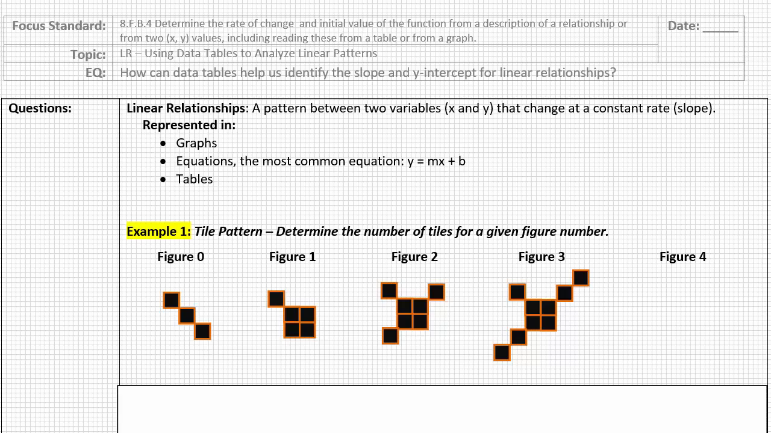For our example 1, we are looking at a tile pattern where we're trying to determine the number of tiles for any given figure number. This is a common way to start looking at linear relationships and patterns. Each square is considered a tile, and the figure number is telling us the starting value. So at figure 0, this pattern starts out with 3 tiles